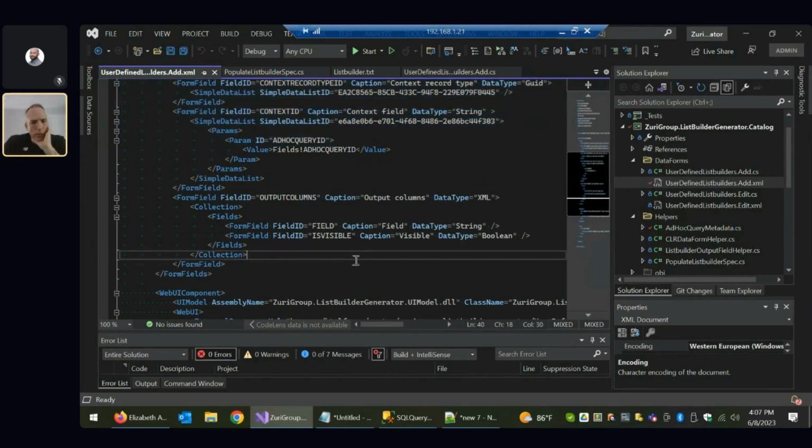We kind of stopped doing that. So when we have a scenario like this, we run through and ask, would we ever need to query that data? Or does that data just live to support the add data form? For this case, like output columns, we're never going to query the output columns. We do everything we need to generate the list builder in the save. These just need to be saved so we can persist the is visible choices when the user loads the edit